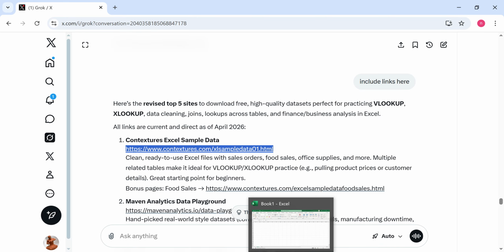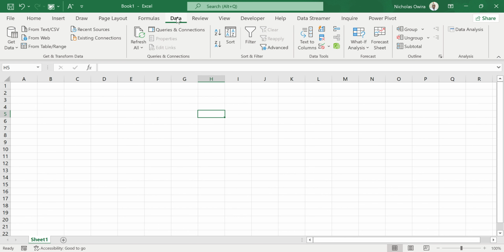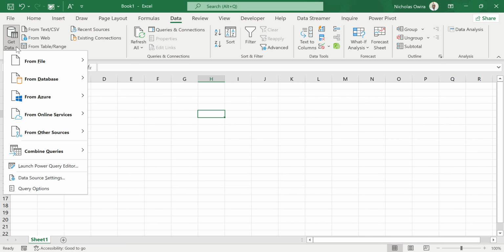After I have copied the whole URL, I'm coming back to where I have my Excel. Then at the top you can see a number of tabs. I'm going to come to where we have the data tab, because it is the data that I want to extract from that website and load it on Excel. Now under the data tab, the very first group here, we have the Get and Transform Data group. Here we have a number of options. If you click on the drop down arrow for the very first option,